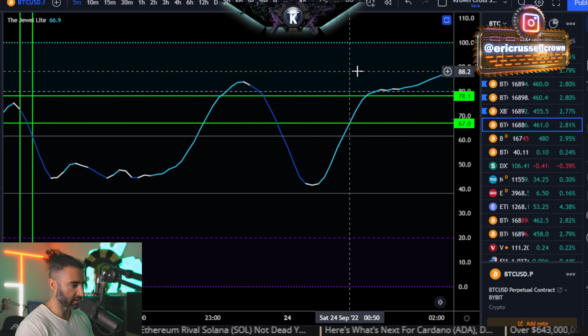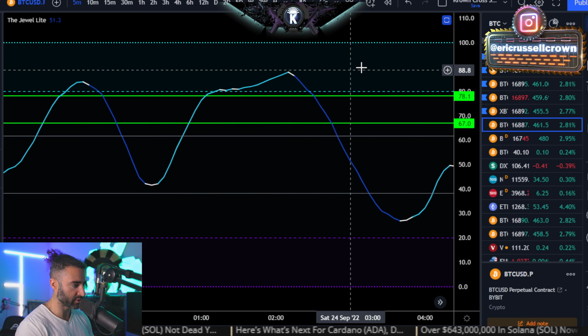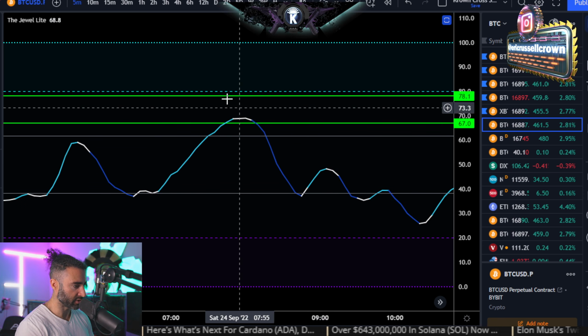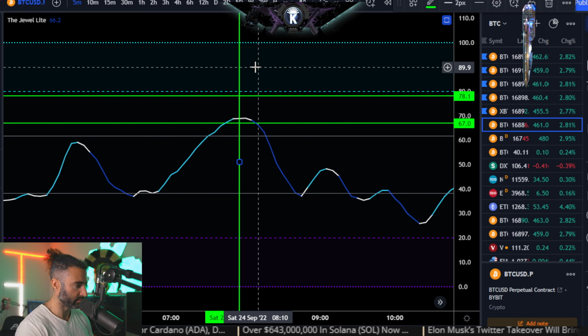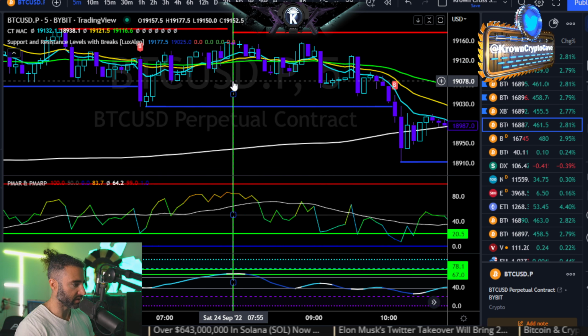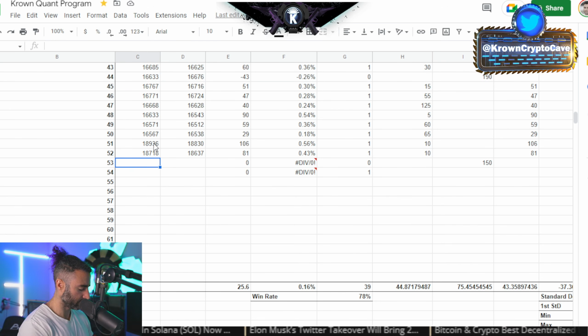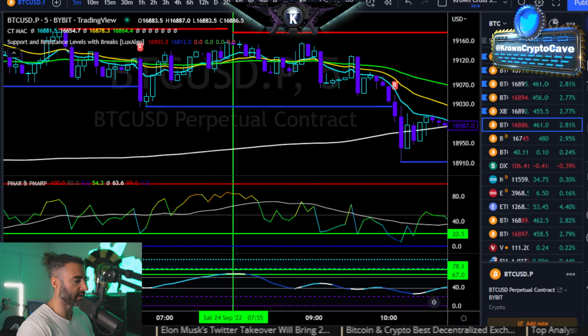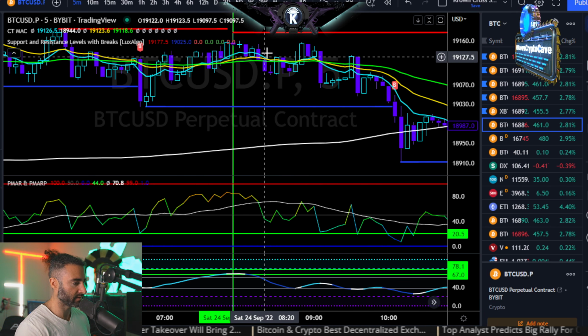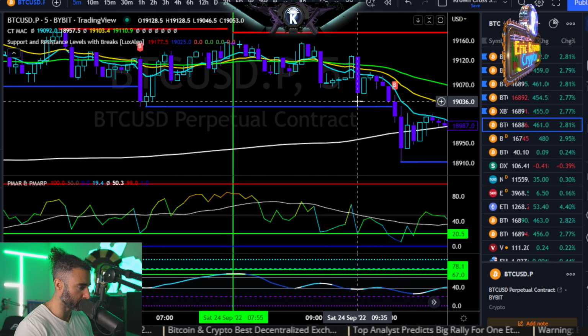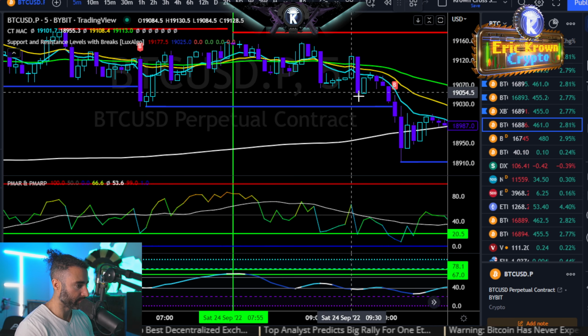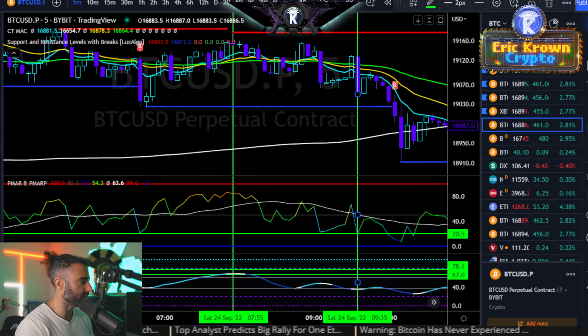Okay, this one's above. Nope, no entry, no entry, no entry, no entry. Entry. Boom. Okay, so we get an entry here, 19152. I should also denote that this strategy, it's not going to be a trend trader. It's going to be a short-term scalper. That's all we're looking for. Then we get our exit right here, 19053.